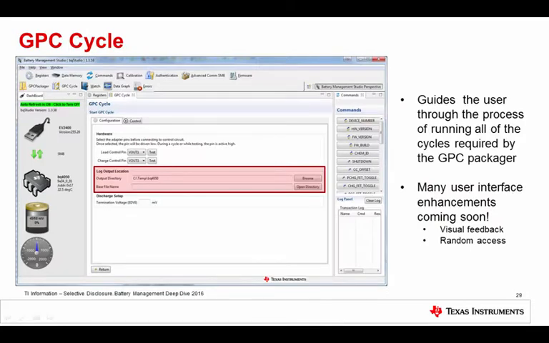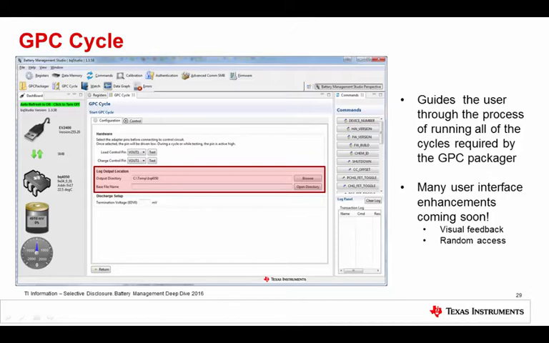For the GPC cycle, this is for the CEDV gauges that are going to use the gauge parameter calculator available as the web tool. Again, a very similar interface. So you set up the discharge condition, the charge condition if it's applicable. There's an important new window when you run the GPC cycle, which is to specify the log output location. Because with learning cycle, you kind of generate your own log for the parameters that you want if you decide you want to do that as part of your learning cycle. But logging is kind of optional. For the GPC cycle, it's required if you're going to use the gauge parameter calculator. So the logs, you'll specify an output location, and it'll generate the logs as you go.